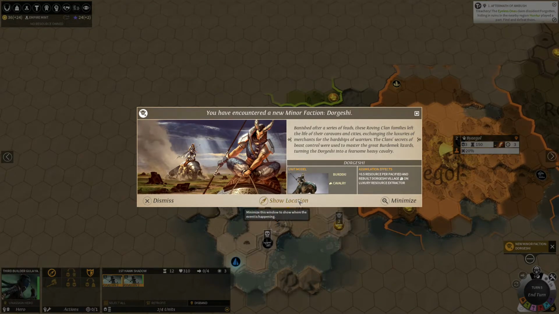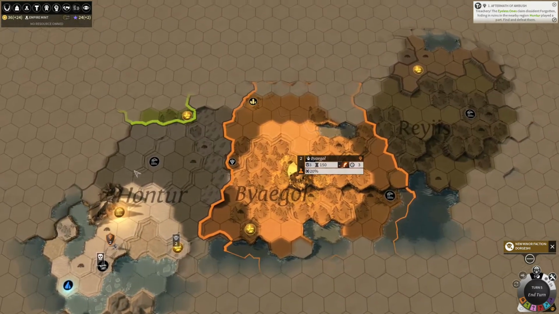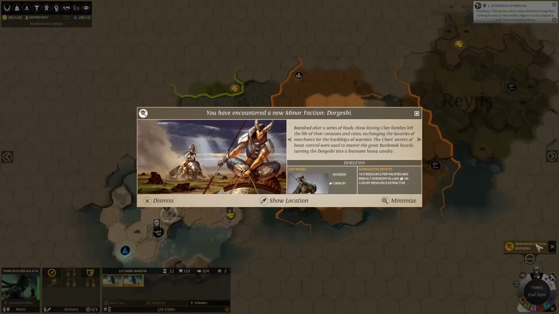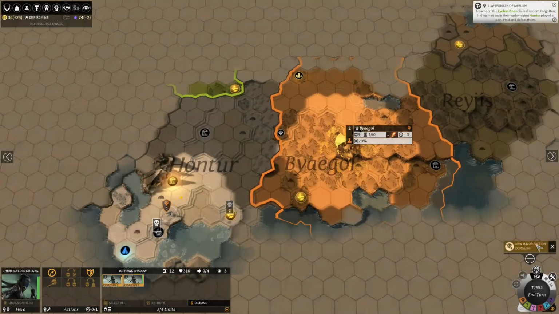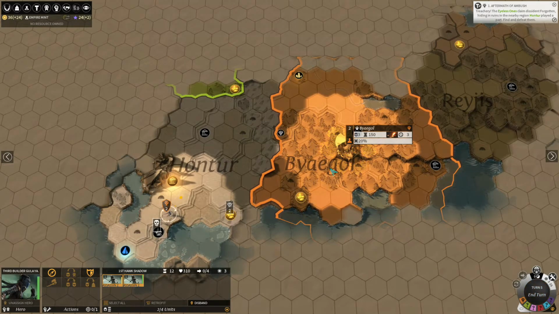We found the Dogeshi. Dogeshi are pretty interesting. If you do happen to have a faction like the Vaulters that start with mining, and you get the Dogeshi, you can really take off with luxury production pretty quickly. Any of the factions can too, but Vaulters obviously start with that ability, so they have a little bit of a head start on most of the other factions when it comes to grabbing things like wine and...